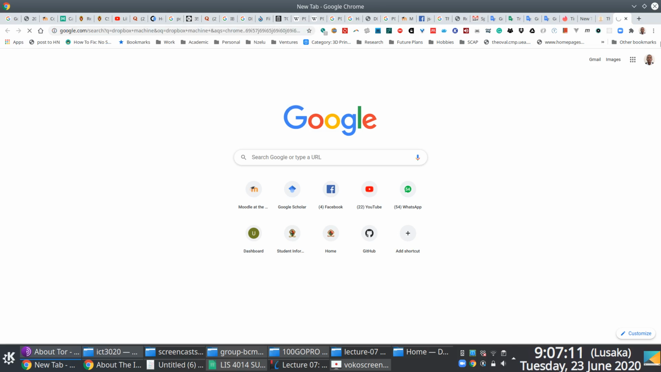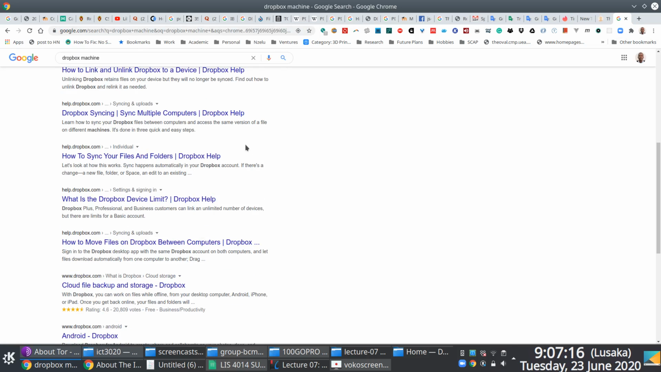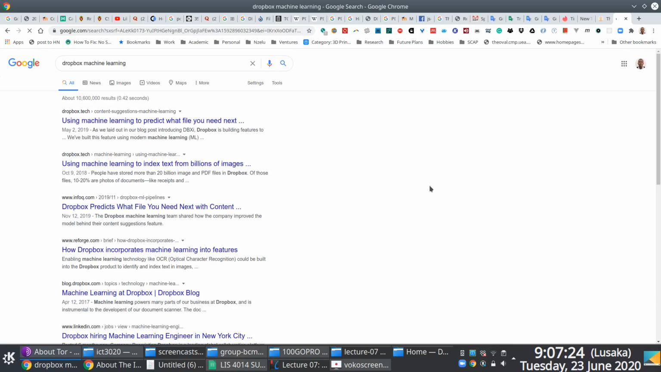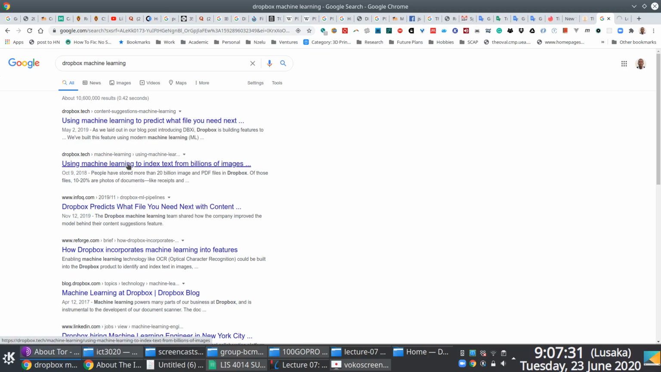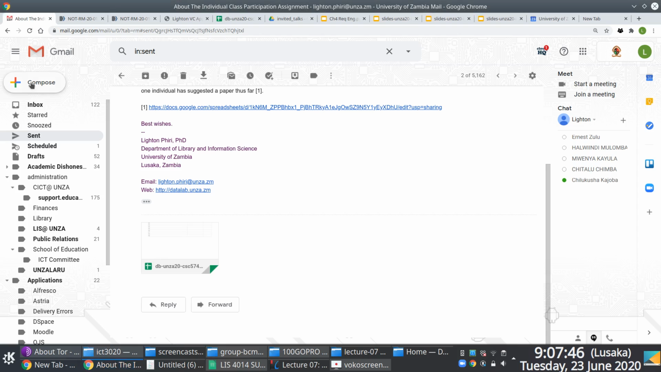wrote on their blog. So sometime last year, right? They wrote about how they were using machine learning to try and predict what sort of files you'd want to incorporate next. And really, if you think about this, you find these different things embedded within most of these commonly